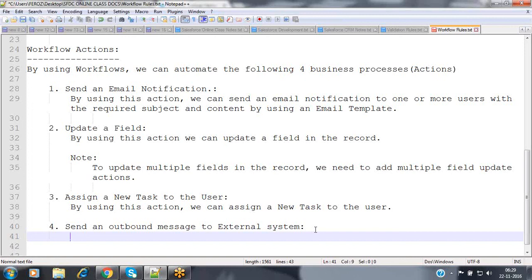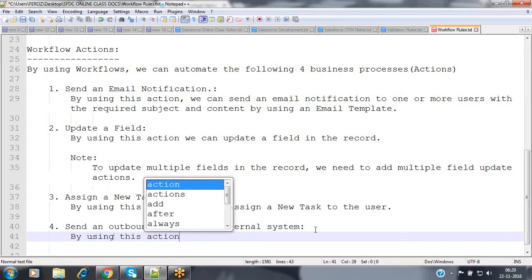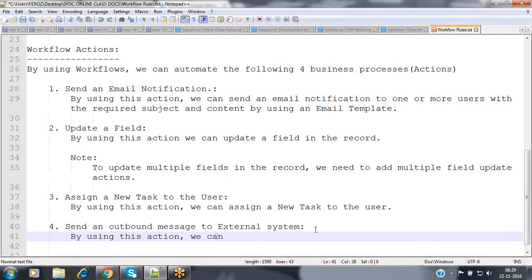Now, the fourth action is sending an outbound message to an external system. By using this action, we can send an XML-based SOAP message to the external system.